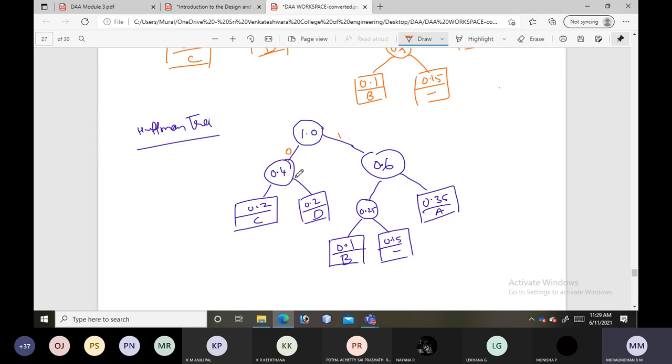Okay, so this is finished. Similarly, come here. Here again this is the left node, so it is 0, and this is the right node, it is 1. Similarly here, since it is left, 0, and this is right, it is 1. Similarly here, this is 0 and this is 1. Clear?